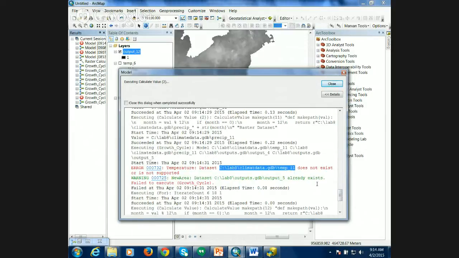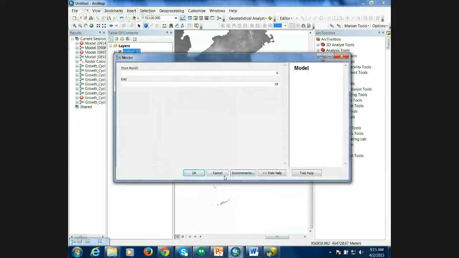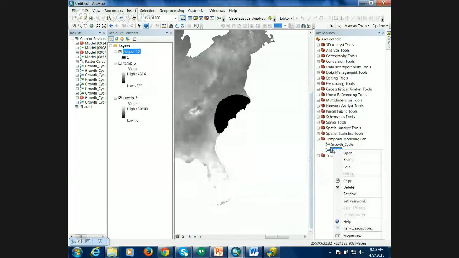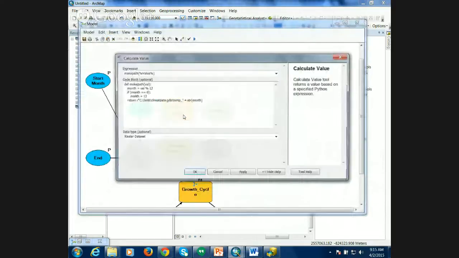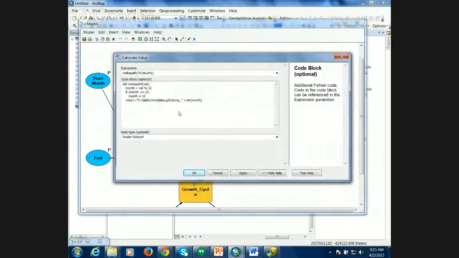C:/lab data/ I misspelled climate data. I spelled it without an E. So when it tries to find it, it says, I can't find it. It either doesn't exist or it isn't supported. And so I'll go back here, edit it, and make sure that I didn't misspell anything and my path is correct,